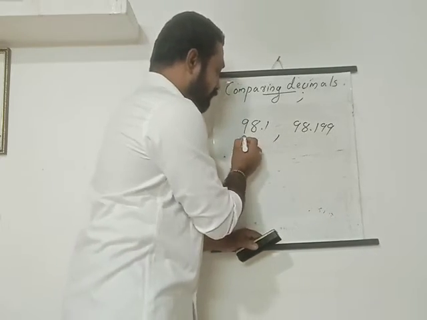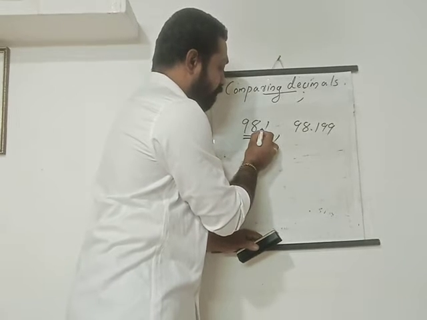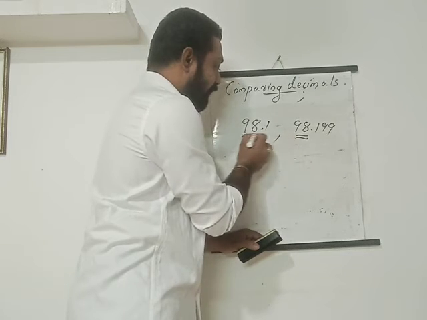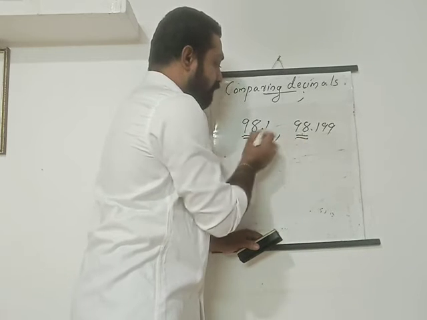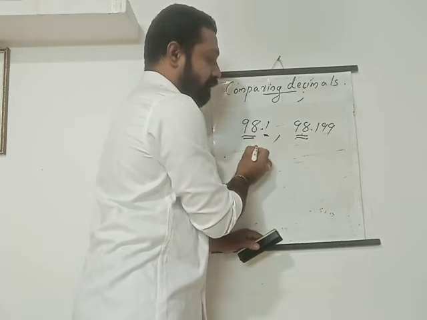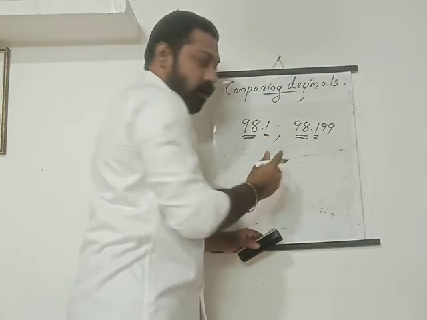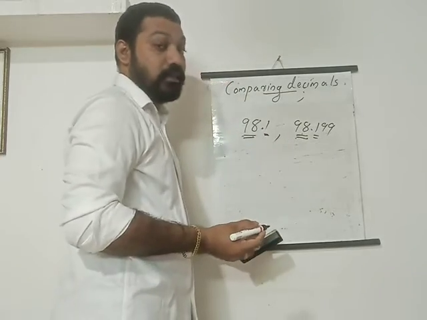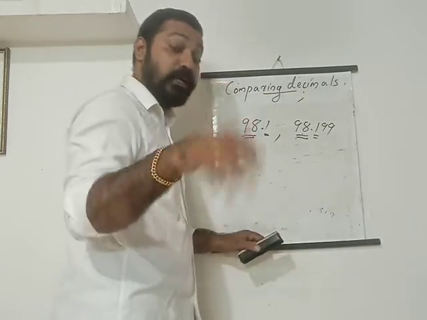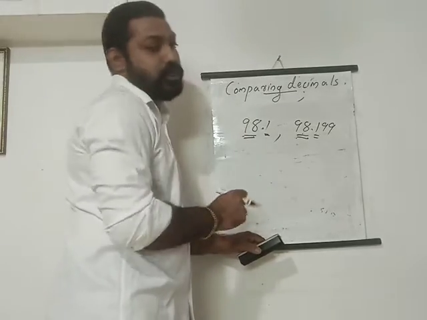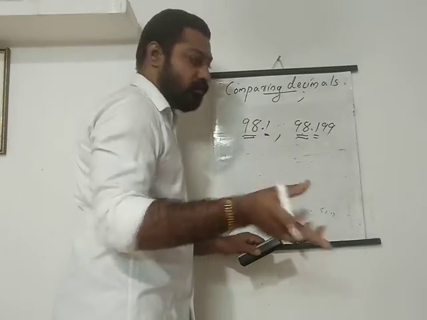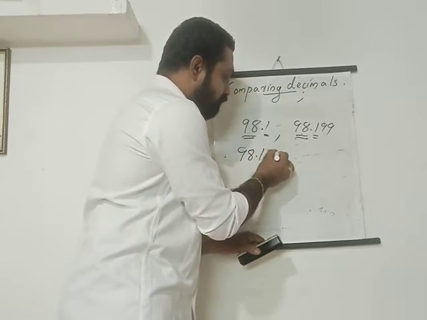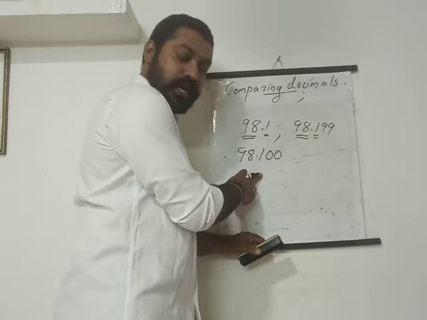So here you can see that the whole number part is 2-digit, and this is also 2-digit. First number is 9, here also 9. Second number is 8, this is also 8. Go to the next place. Here it is 1, here it is also 1. Same, isn't it? Then go to the next place. But here no number is there. Here 9 you can see. So what will we do? This is an unlike fraction, I told you, isn't it? So to make it a like fraction, what will this number actually be? 98.100, isn't it? We can represent it this way.